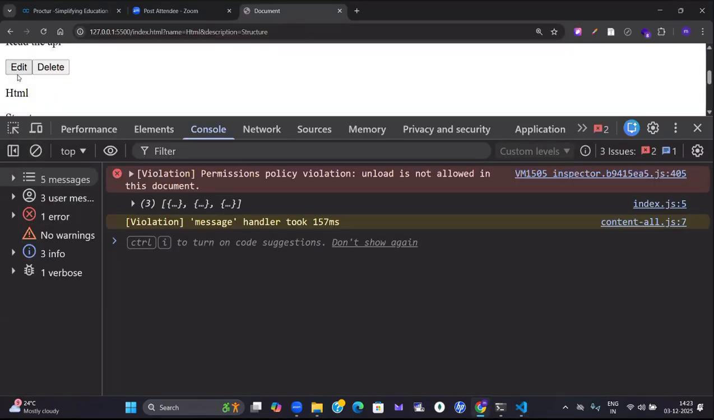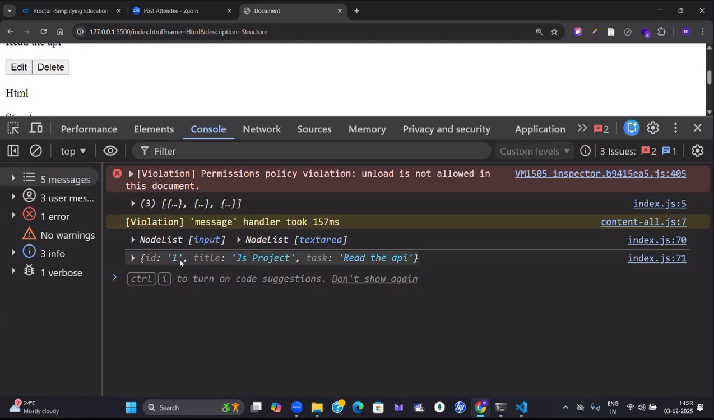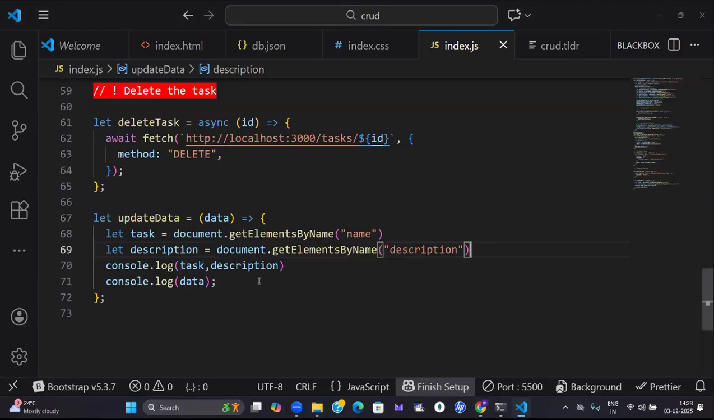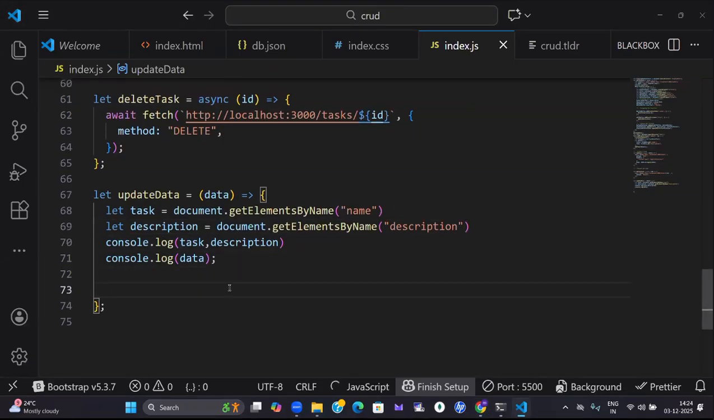Okay. Edit. When I click on edit, I'm getting the data only. Yes or no? I am getting that data only. So this data I want to assign to those fields. How are we going to assign? Task, it is a node list, right? As an array I need to use 0. Okay, task 0 colon